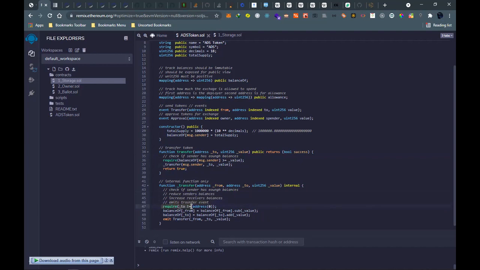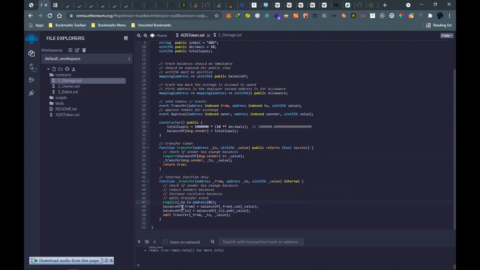So you have to require the wallet of the receiver. If the address is null, the transaction will go to the zero address. Then we have balance of from, which you check and get. This one is for reducing the balance of the sender. Remember the library that we haven't imported, SafeMath.